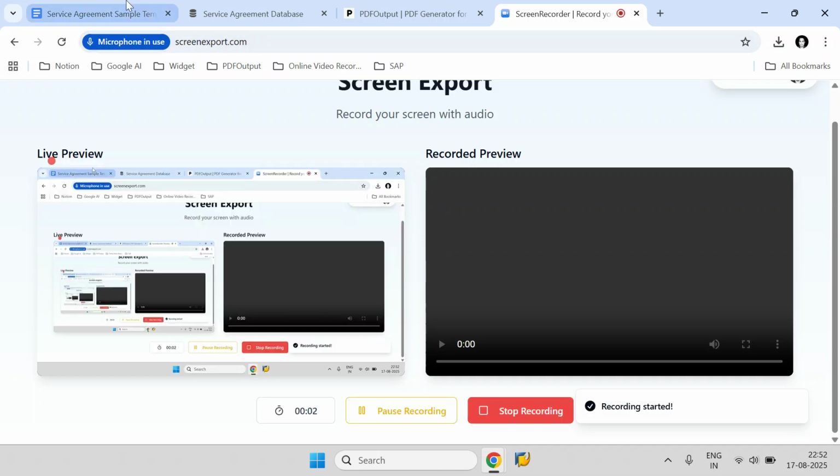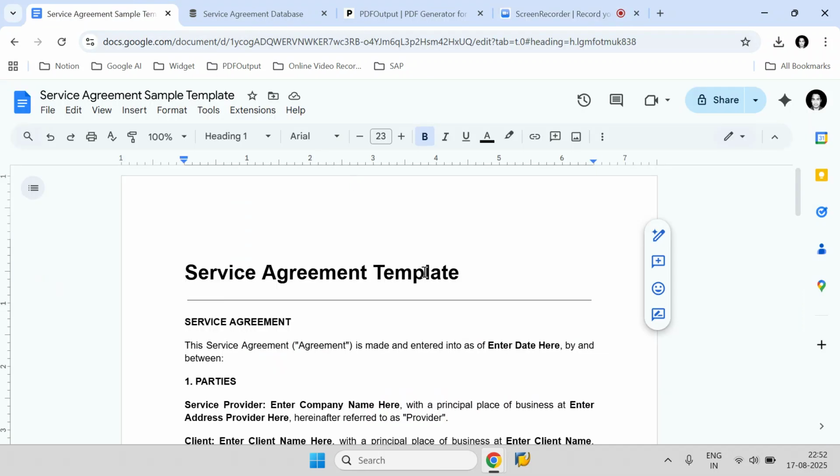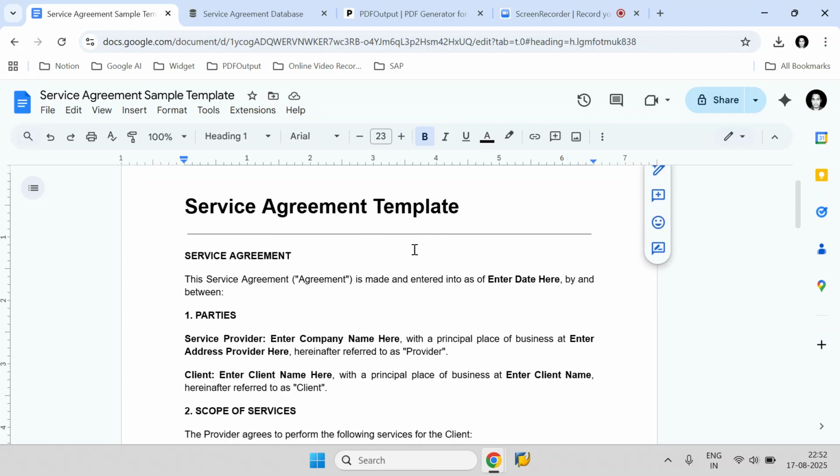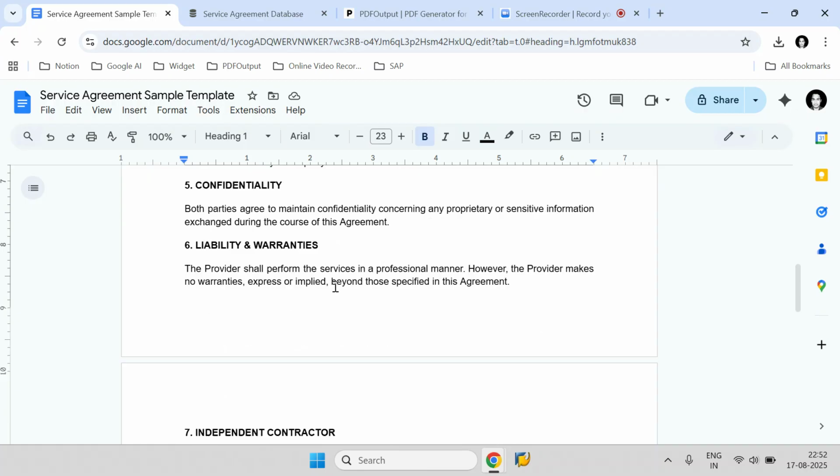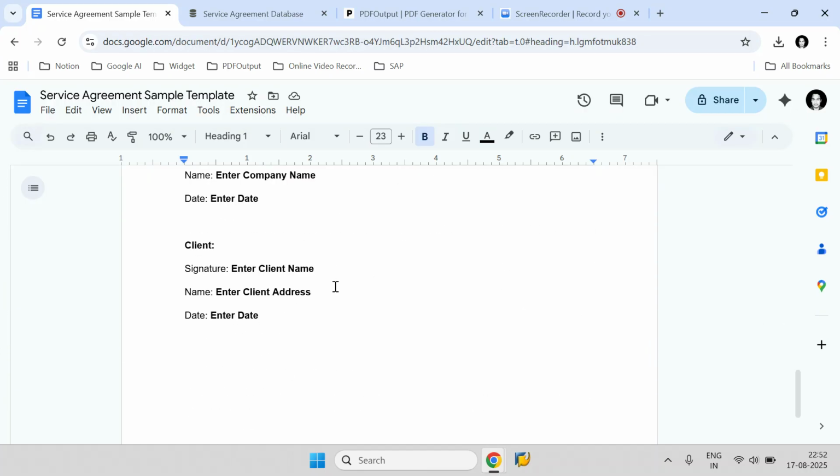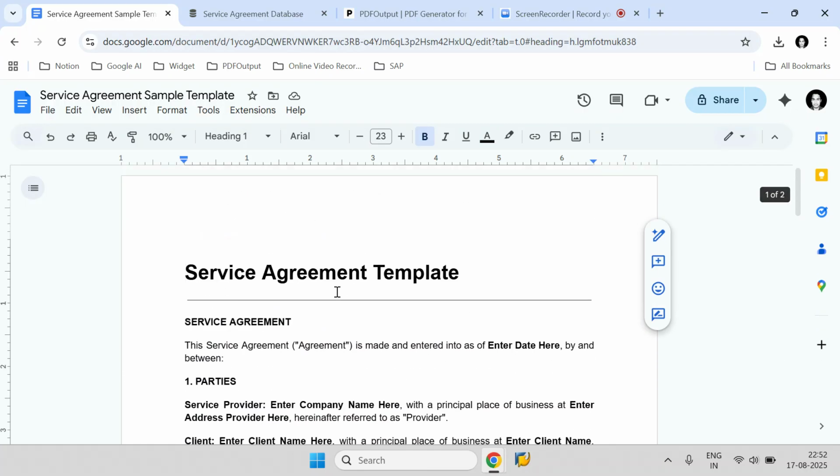Hi, today we're going to discuss service agreements and understand how we can create service agreement PDF files completely on automation. So this is a simple service agreement template file that I have created in a Google document, and corresponding to